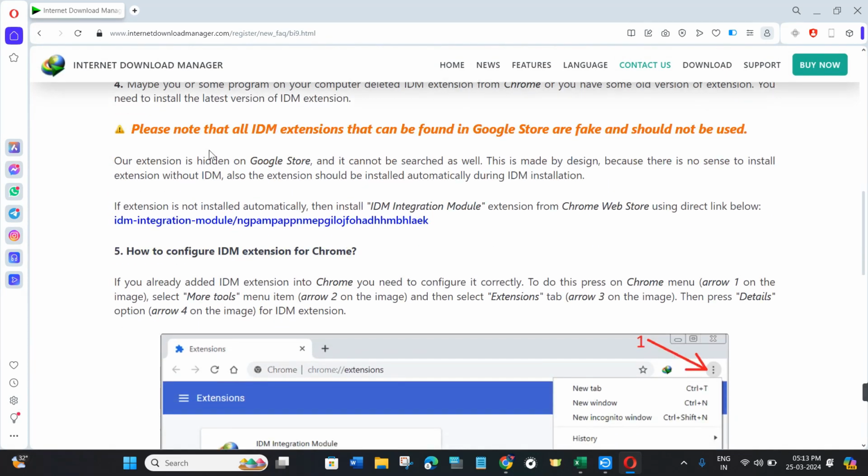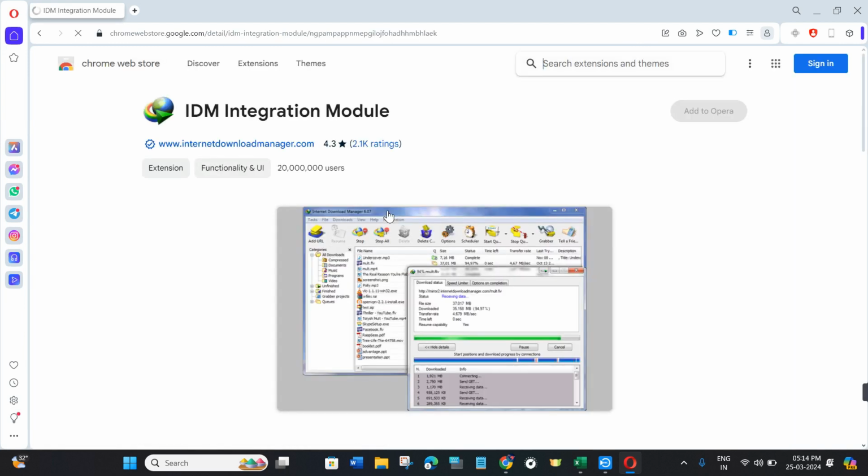Now over here you just have to scroll down, and here you are going to see a direct link of the extension if it is not installed automatically. So you will have to click on this link, and then you will be redirected in Chrome Web Store where